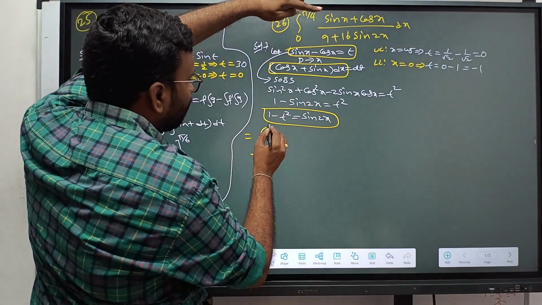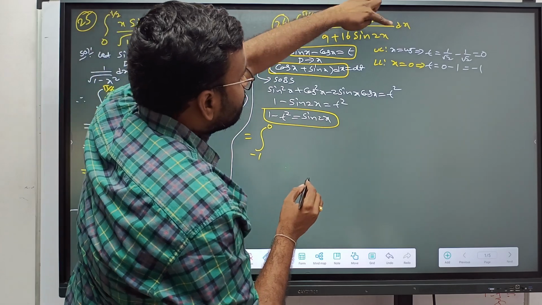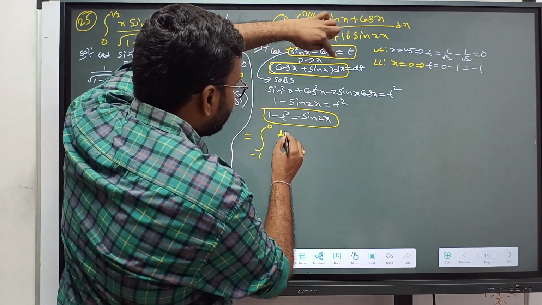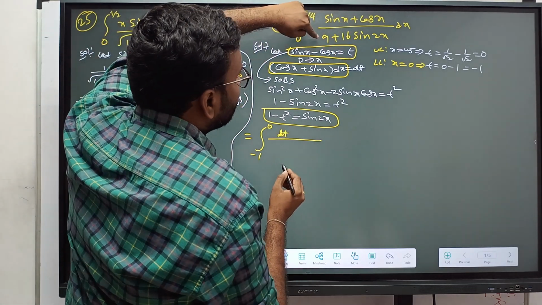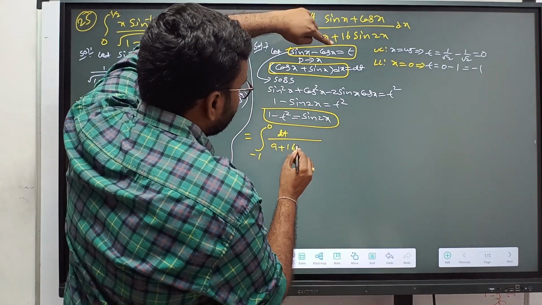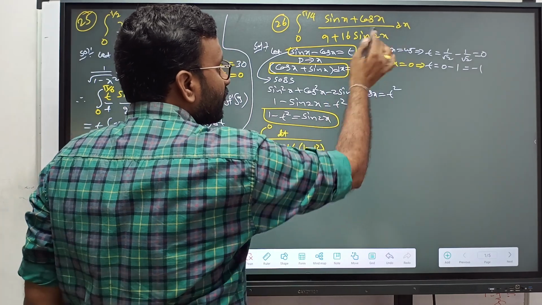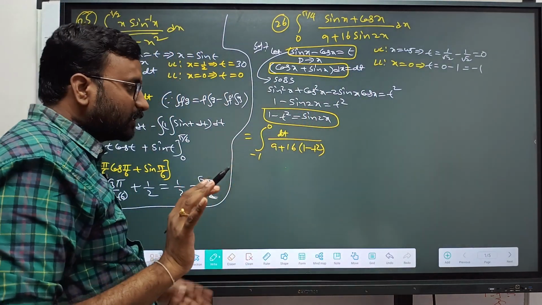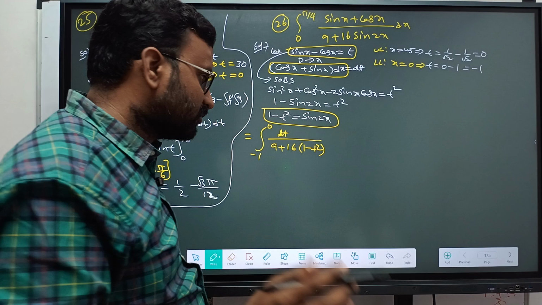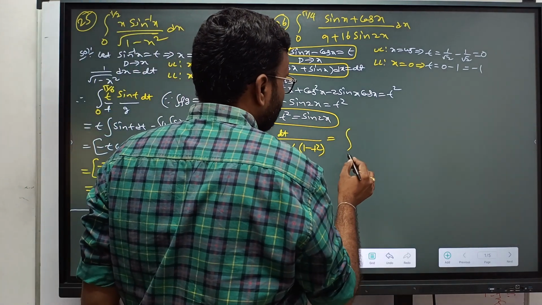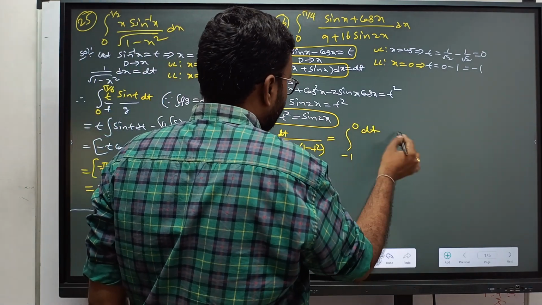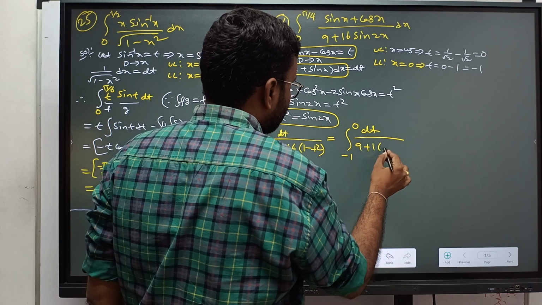Upper limit pi by 4 becomes 0, and (sin x plus cos x) dx becomes dt. The denominator 9 plus 16 sin 2x becomes 9 plus 16 times (1 minus t square). What about dx? This is clearly dt. Any doubt here? Finishing the solution, I is equal to the integral from minus 1 to 0 of dt by 9 plus 16,